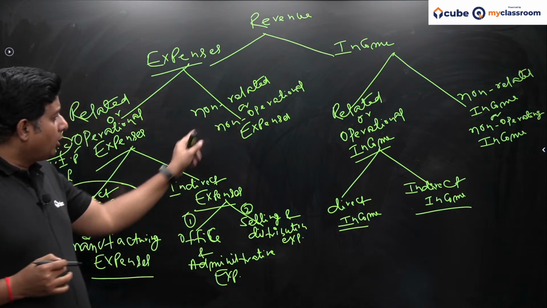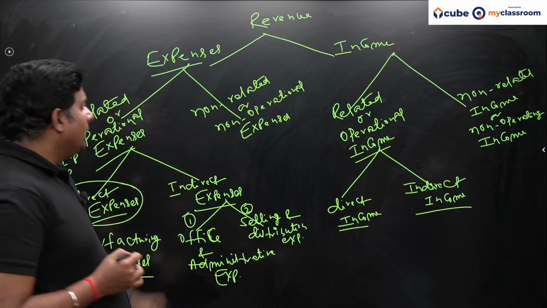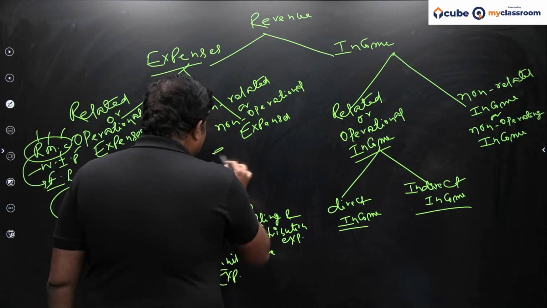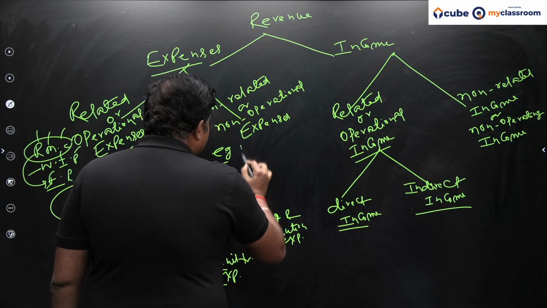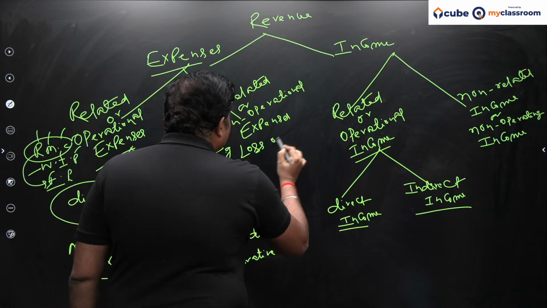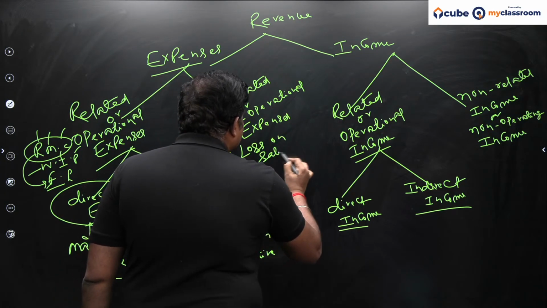Non-related or non-operational expenses means non-recurring expenses. I can take few examples like loss on sale of assets,